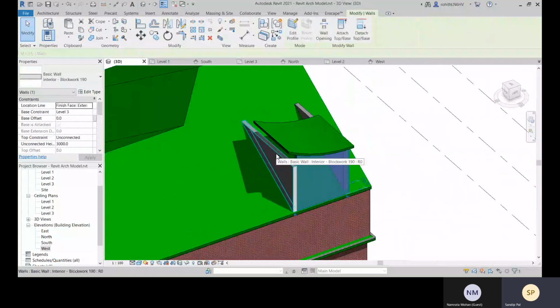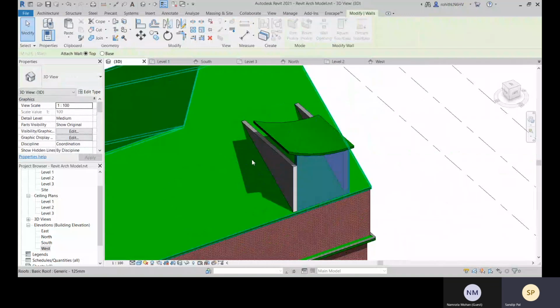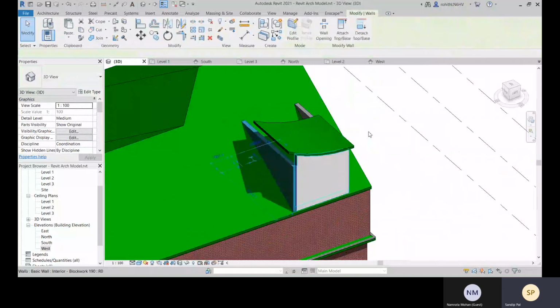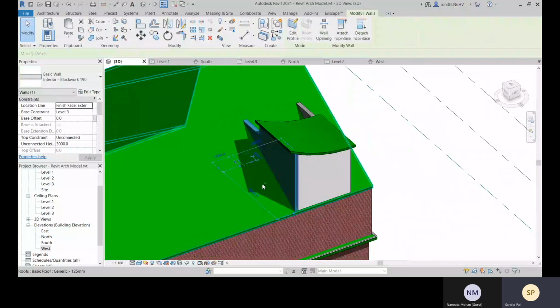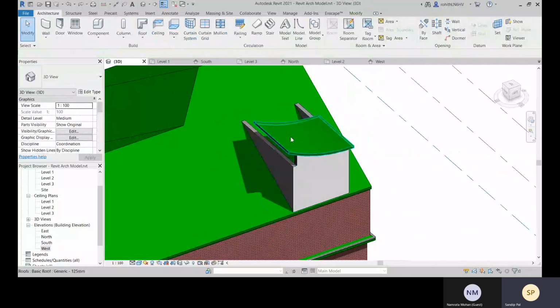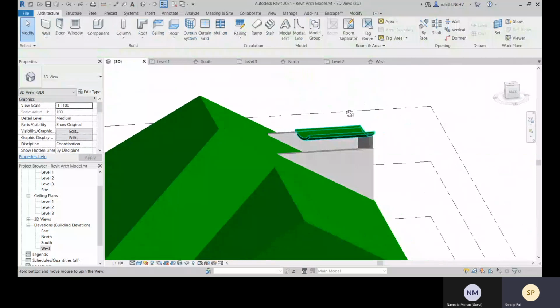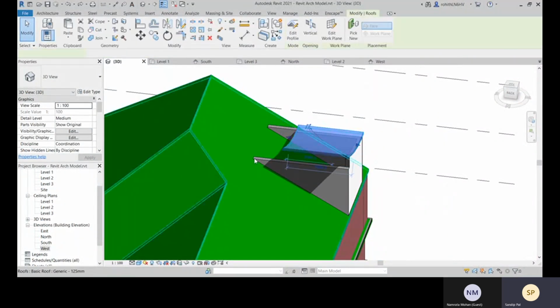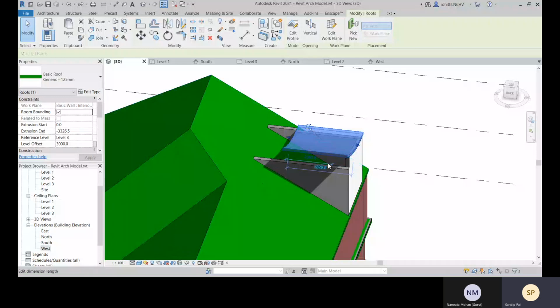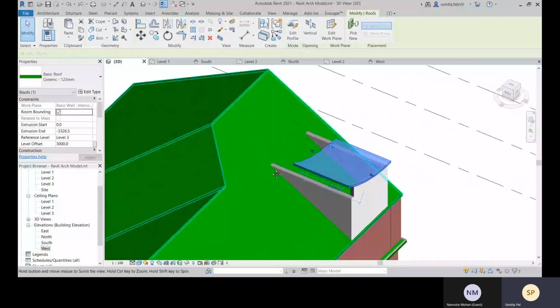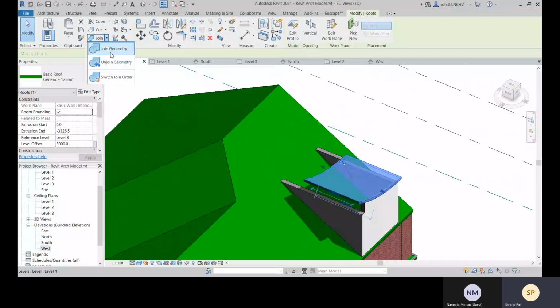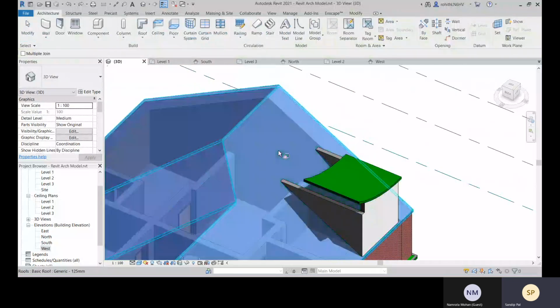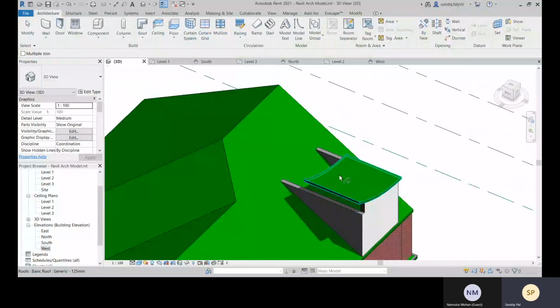Okay, and select this also, attach top, this one is attach top. Okay, so this one has the last. Now what you do is you join with this. Okay, you join this.